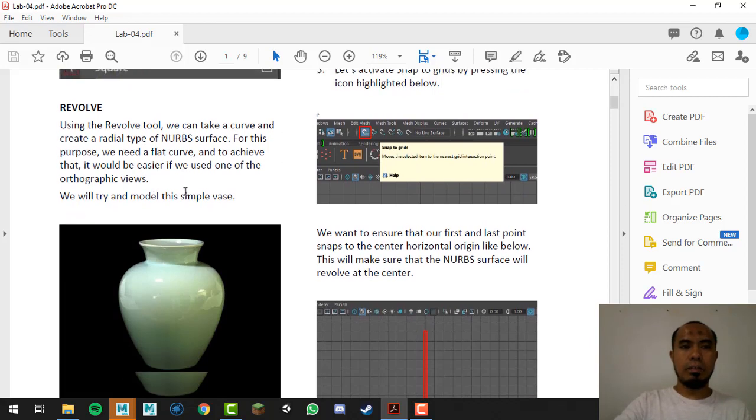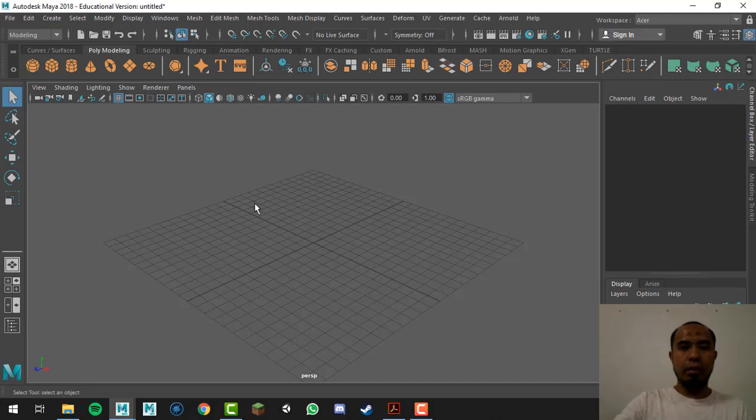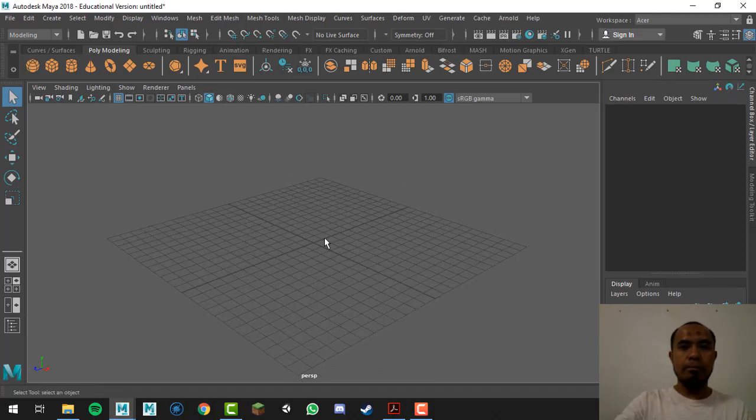Right, the idea of Revolve is you take a curve, and we're going to build that curve later, looking at this thing here. We're going to build a curve that defines the half of the profile of the object that we're trying to create the surface. It needs to be a flat curve, and therefore you need to use one of the orthographic views. What we mean by that is, if you have Maya and you're looking at the perspective view here,